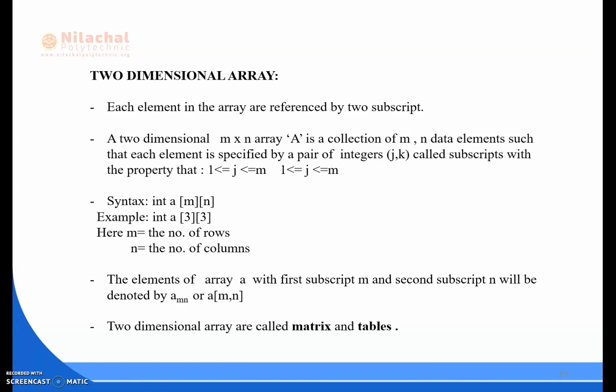The element of an array with first subscript m and second subscript n will be denoted as a(m,n), or we can also write it as a[m][n] in square brackets. Two-dimensional arrays are called matrices and can also be represented as tables, as we have m and n as rows and columns.